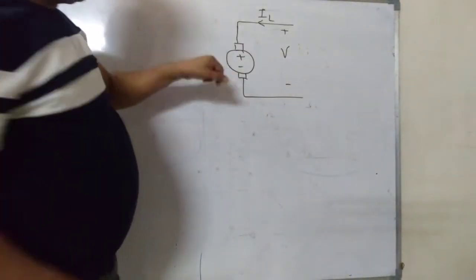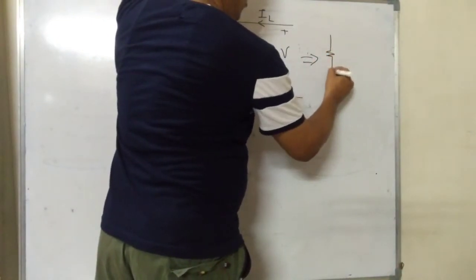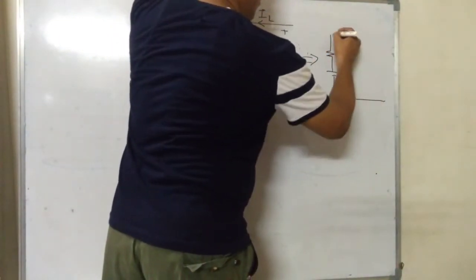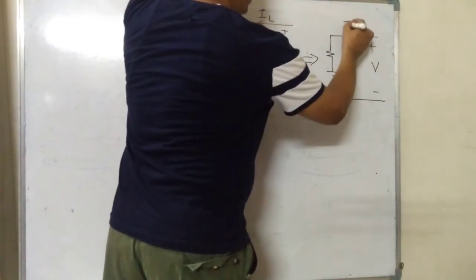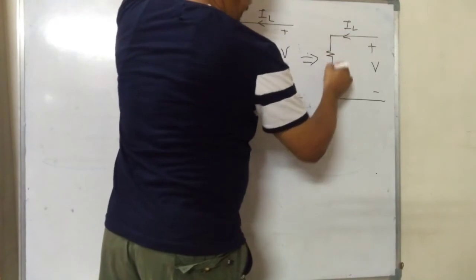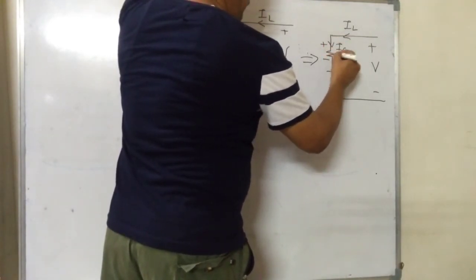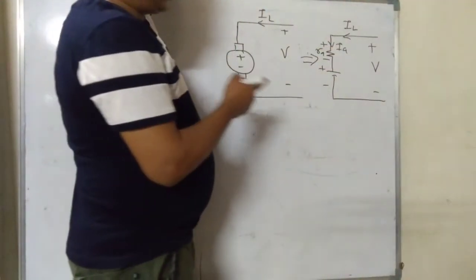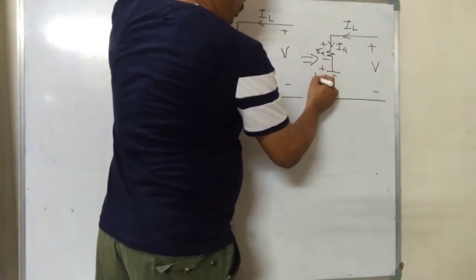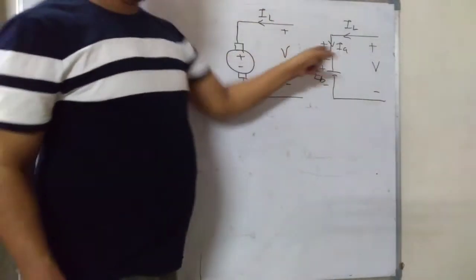the equivalent circuit of armature. We have studied this. Current flowing through supply is suppose IL, the same current is going in armature, so it can be also indicated as RIA. And in the previous lecture I mentioned that this EMF in motor is known as back EMF, EB. So this is representation of a motor.